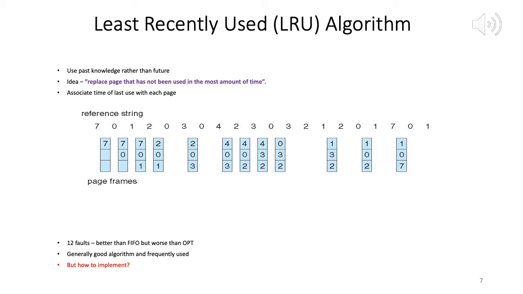So on the same reference string, we can see how LRU works. So 7, 0, 1, they will all cause page faults, definitely. We discussed that because initially no mapping is there between pages and frames. Fourth reference is to page 2. Now which one do we evict between 7, 0, 1? So 7 has not been used for the longest, right? We evict that. Okay, right?